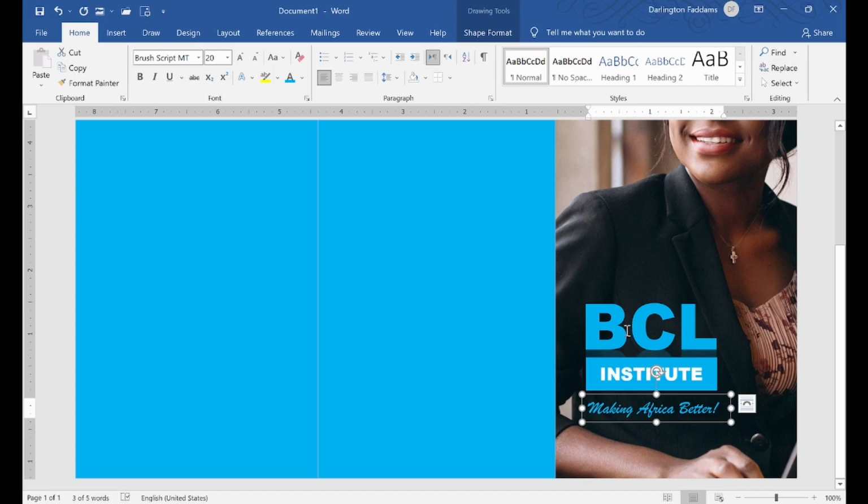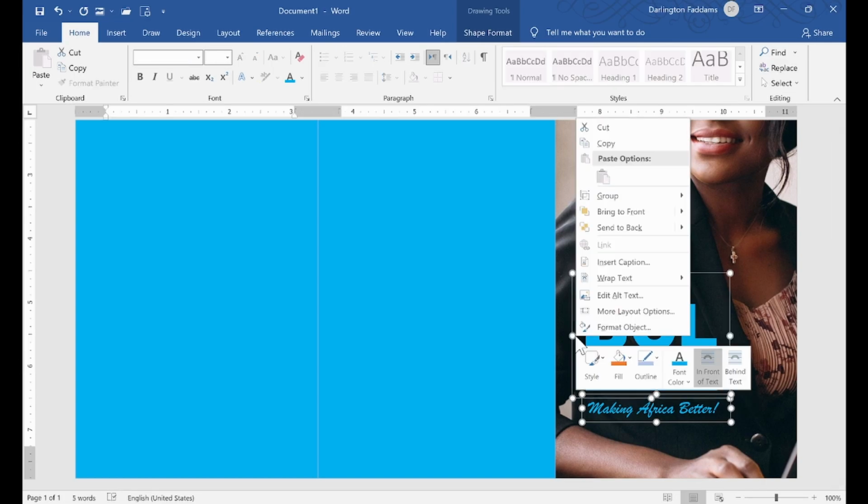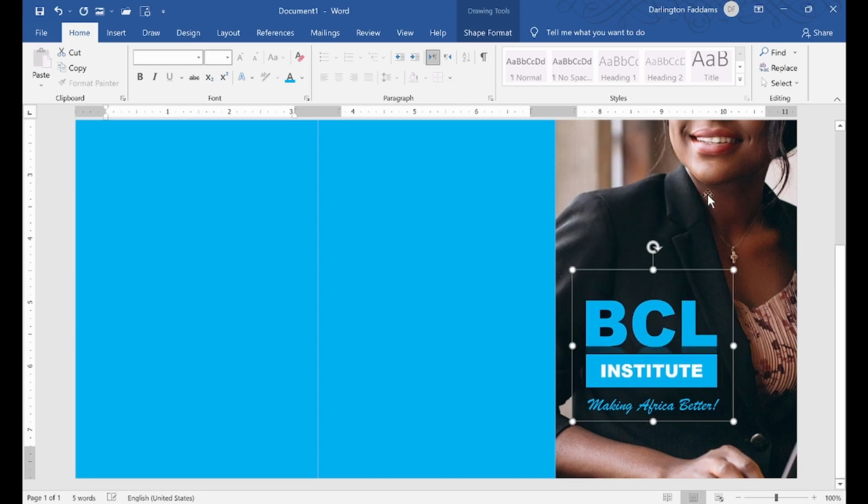Now I want to group it to the rest here, so I'll hold shift and click on them. Right click on any of the handles, go to group and select group. Now when I move, all the three move together as one unit. I think this is beautiful. All right,